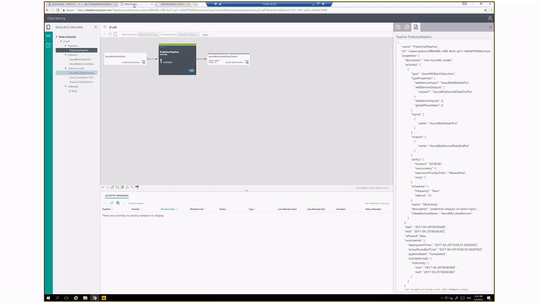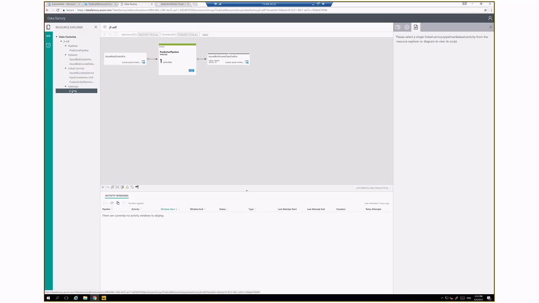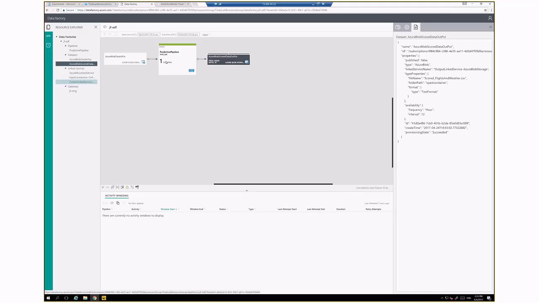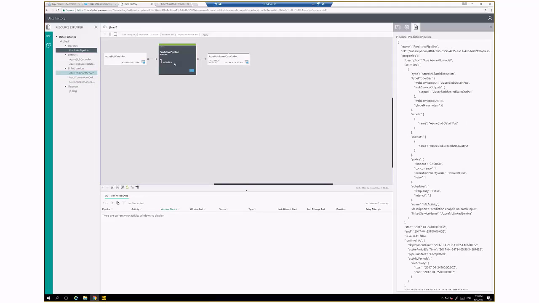So on the left hand side we can see the gateway itself, that is an installation. We can see the data sets, and this is essentially the input data set that comes from Azure Blob Storage, and a scored data set with the activity, and this is the actual work we're wanting to do here, the activity that actually calls the machine learning web service on that data